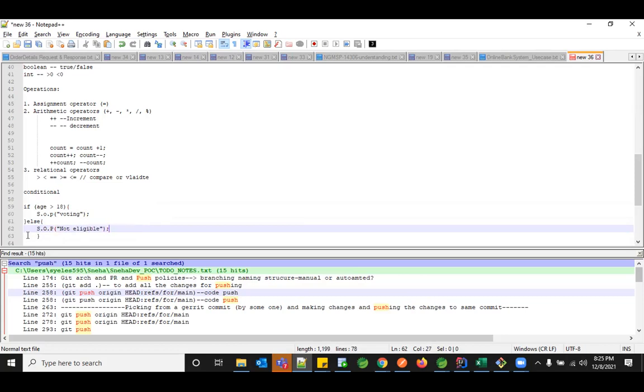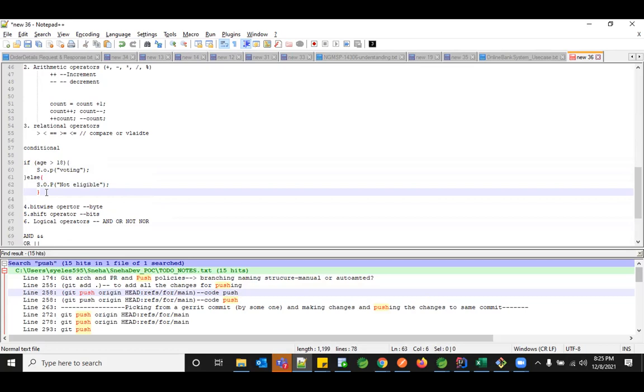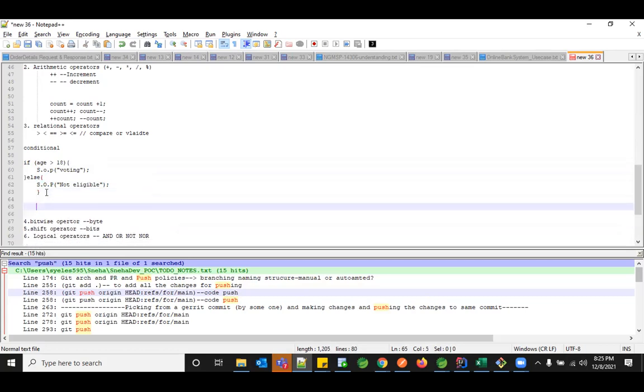So basically, if you're evaluating a condition based on this particular criteria, only one condition you have, and if that particular condition is not suitable for your user, then you can go to the else. So I just have one condition. What if I have more than one condition? So I need to say, like, let's take the student example. If the student mark is greater than 35, so let's say greater than 80, then he comes into the picture as first class.